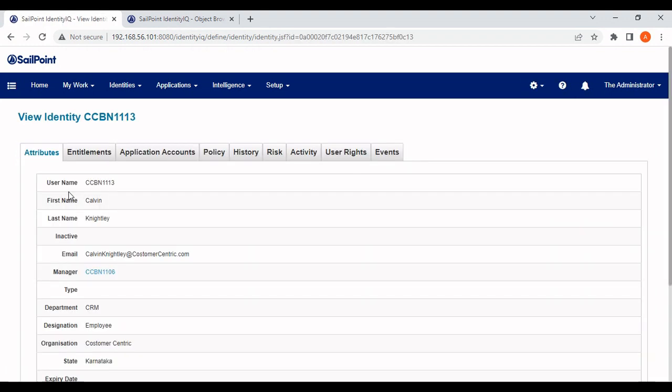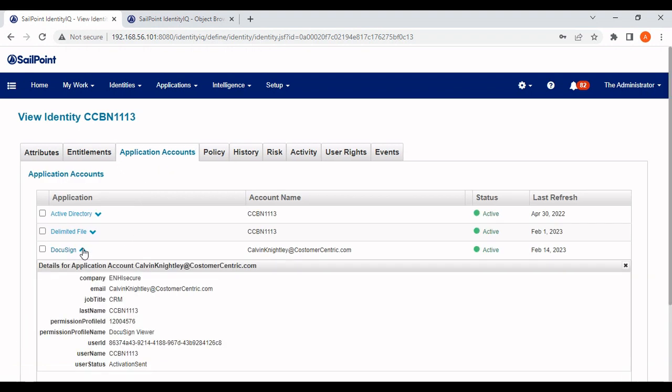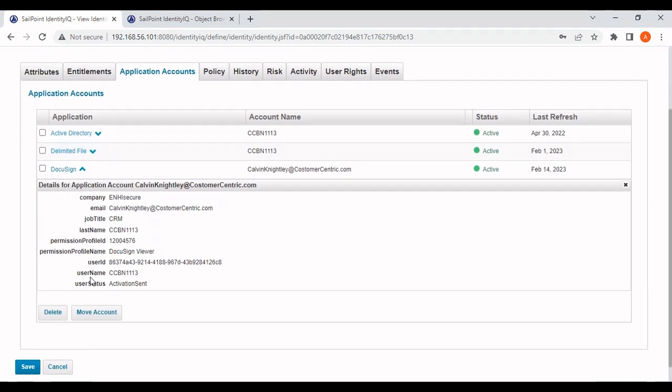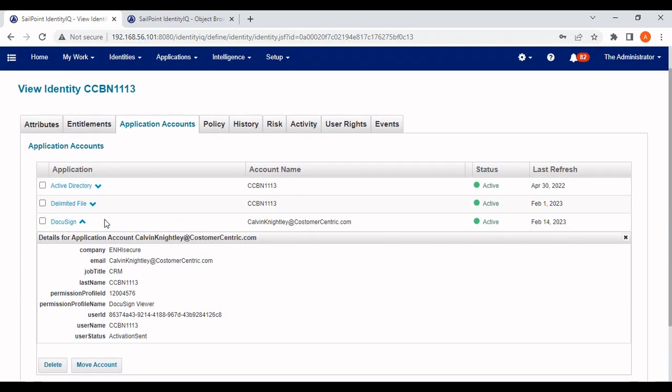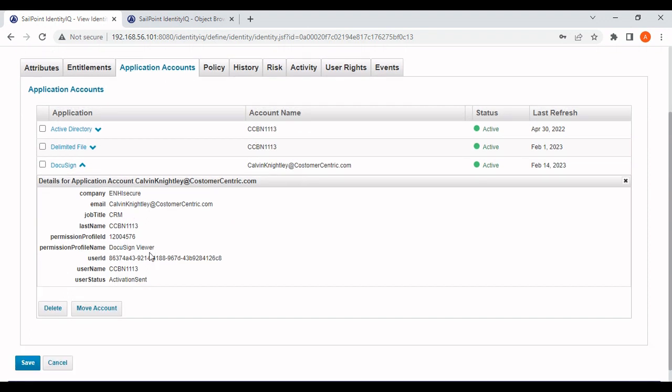After every operation, if you want to replicate some changes, we need to perform this account aggregation task. Here you can see the user status, user ID, profile name, profile ID. All these details will be populated. Now we'll try to update the user. We'll just try to update this